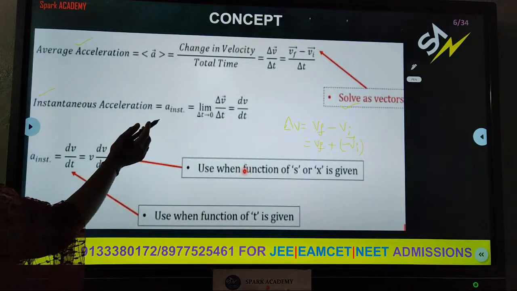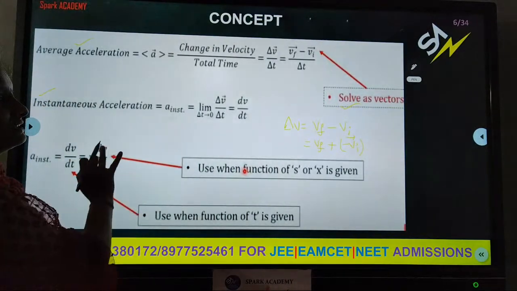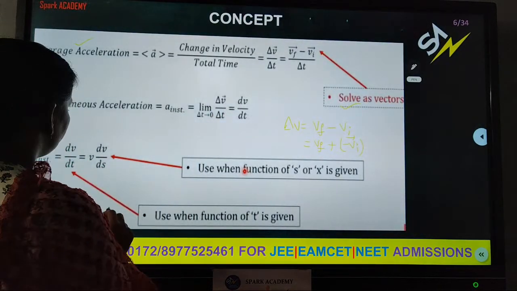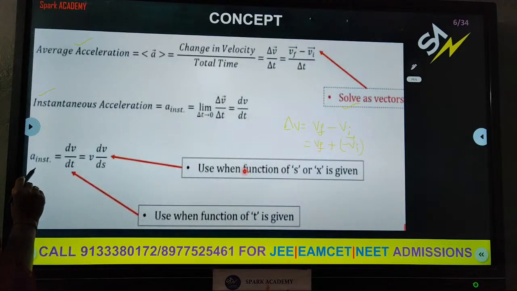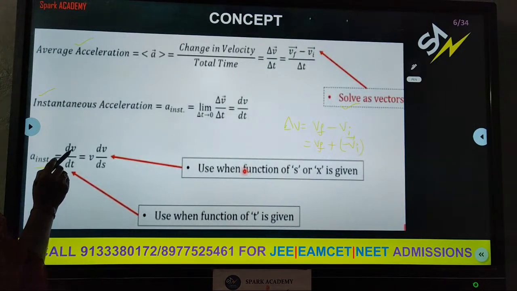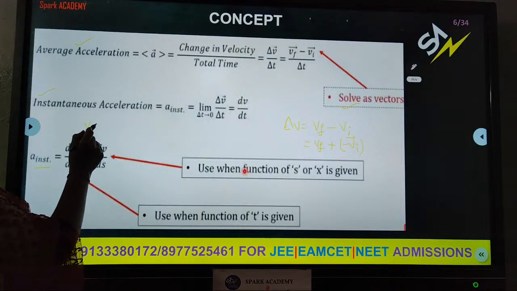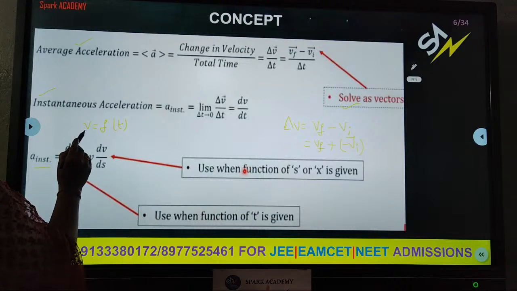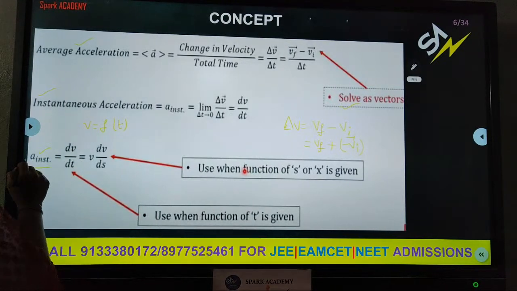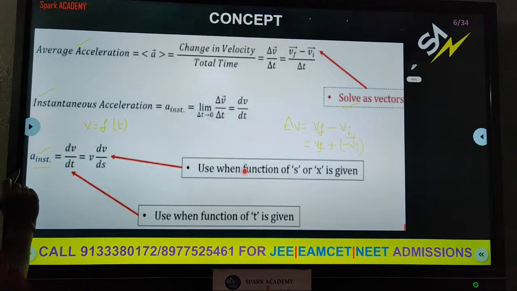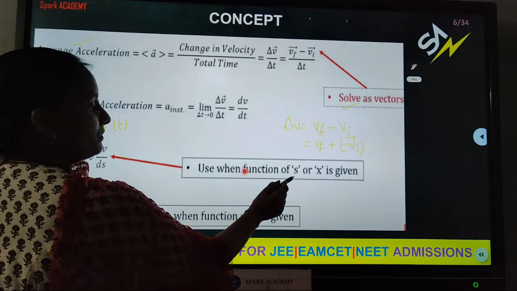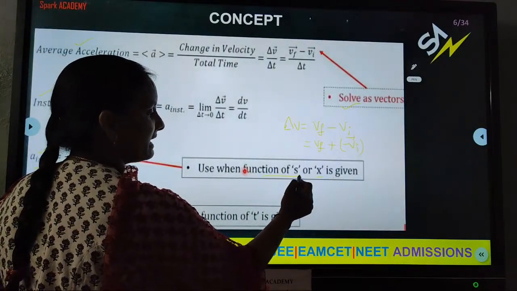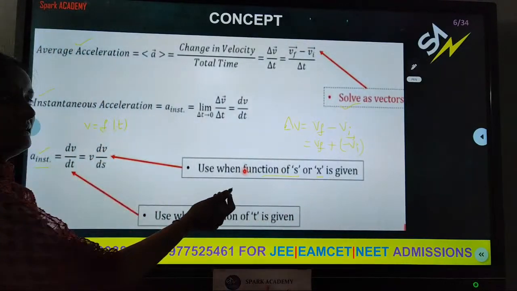And next, instantaneous acceleration at a particular instant in its journey is change in velocity by time taken. When velocity is given as a function of time, differentiating it with respect to time, we can find the acceleration at that instant. If velocity is given as a function of s or x, where s or x represents the distance,